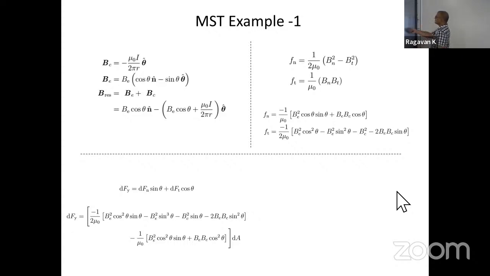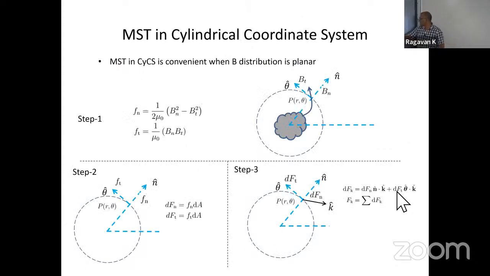And I'll substitute them into the normal and tangential stress values. The small f is the stress, and then find out, okay, in this example, we have already seen based on the resultant pattern that the force is in the negative y direction. So let's find out that. I'll try to find out what the force in the y direction is. So Fn, you can simply take the components of the normal, like you have dfn and dft. What are their forces in the k, in the y direction?